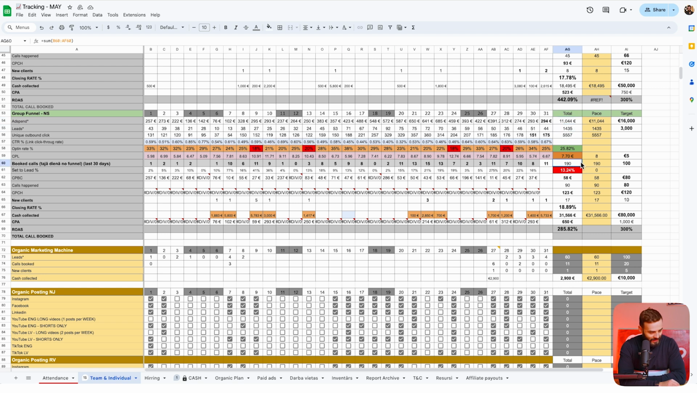We booked 190 calls. We had 90 calls that happened. Very bad show rate, but I'm not sure why it's so bad. Maybe we don't have data here in the last day. Okay, and we closed 17 people. So our closing rate was almost 19%, and we collected 31K. And our CPA, cost per acquisition, was 650 euros. So, okay numbers for this one, and these are also cash collected within the first 90 days of them becoming a